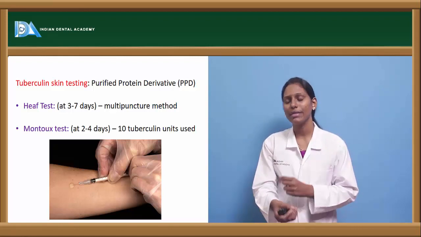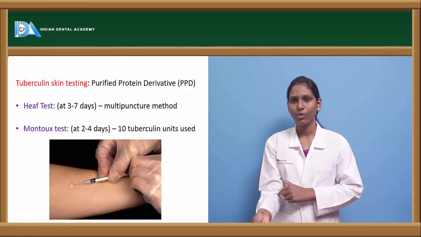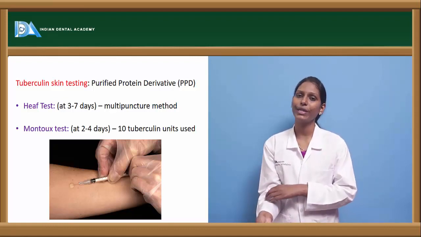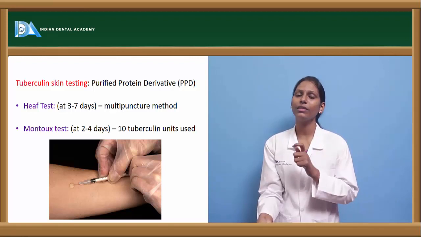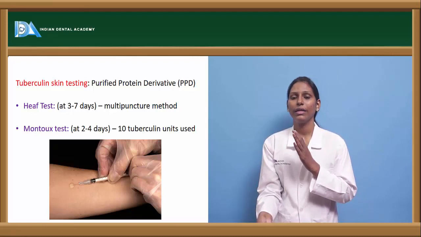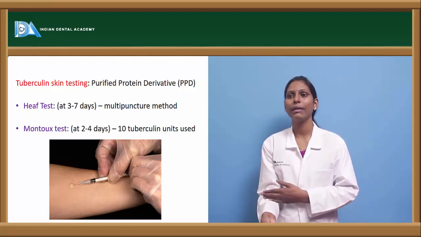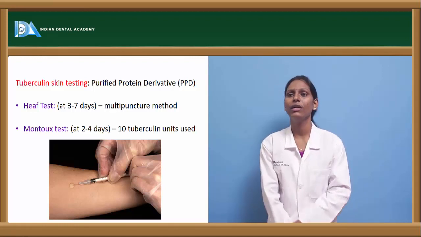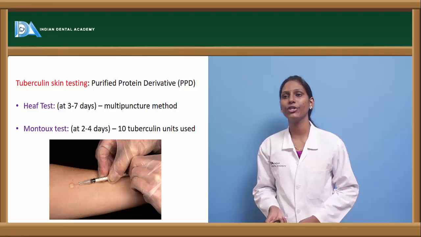In this, purified protein derivative will be injected subcutaneously and the area will be rounded off and marked, and patients are usually observed after 24, 48 and 72 hours. If there is any erythematous region, then it is usually taken as tuberculosis after 72 hours. Mantoux test is also done, usually at a 2 to 4 day period, and 10 tuberculin units are usually used